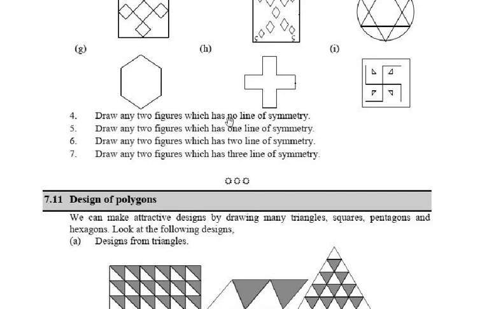Okay, now question number 4. Draw any two figures which have no line of symmetry. Can you do it? Yes, a scalene triangle and a parallelogram. Okay. Now all the students please draw the two figures which have 3 lines